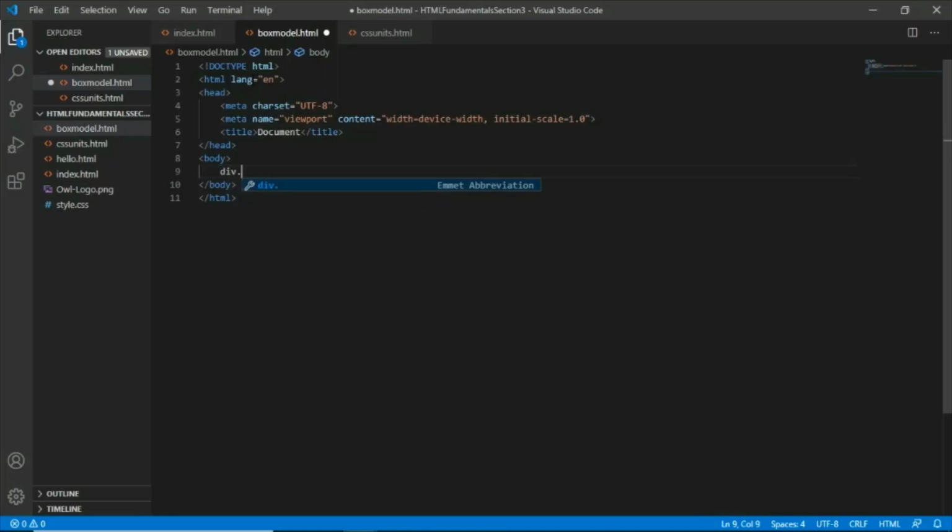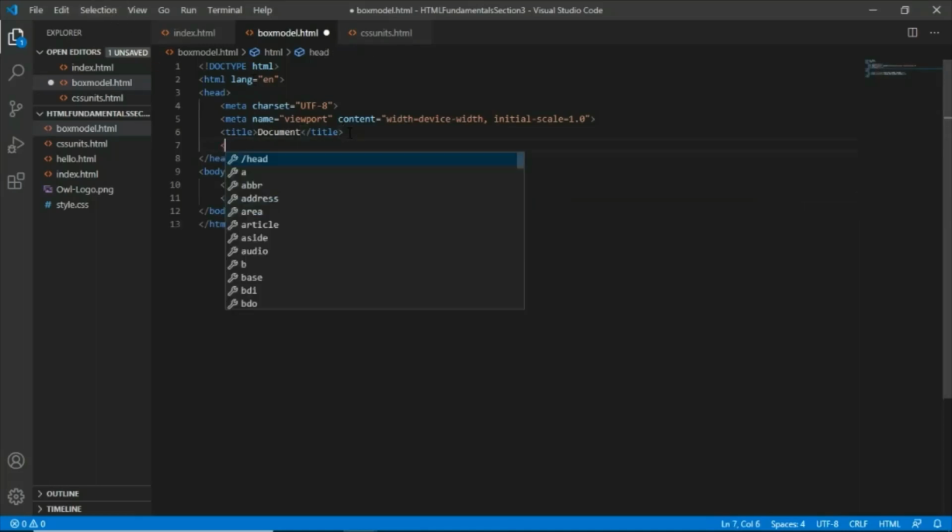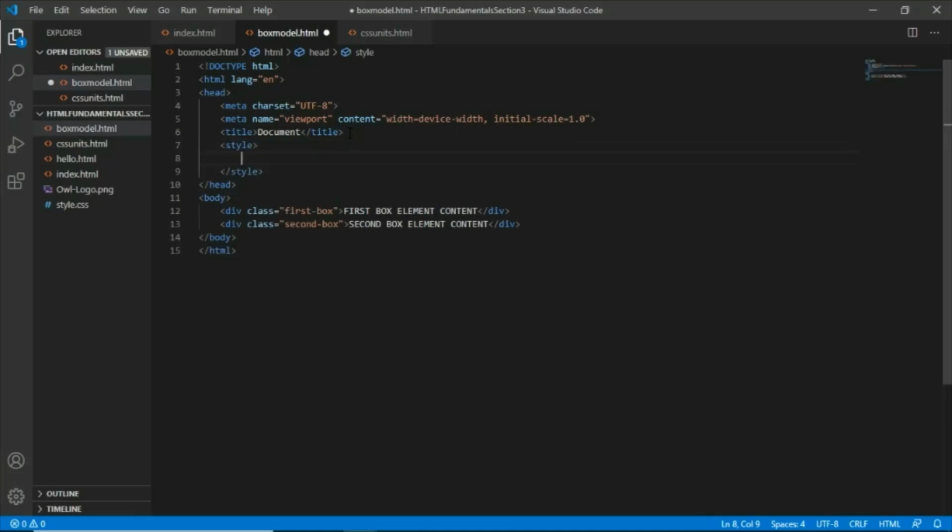here first box multiply by 2, so at least we'll have 2 divs, and then we'll just replace this with a second box. We'll have a class name of second box, and here we'll be placing here first box element content, so that means that will be the content of our element. Second box element content, and after that let's just go and add a style tag here,